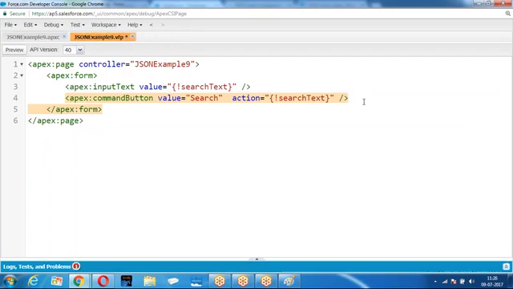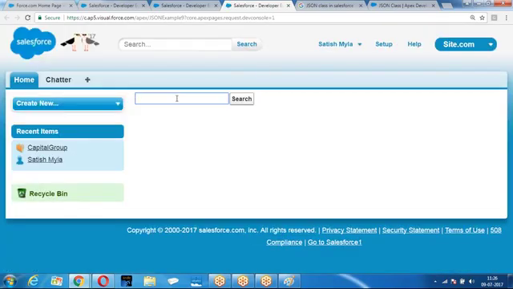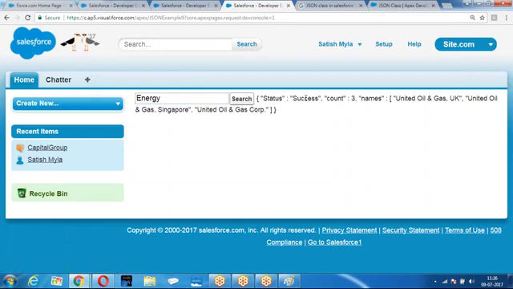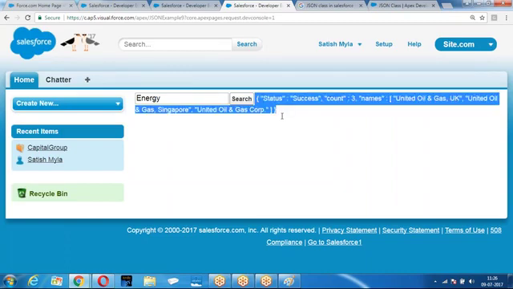Then what is the response we are getting? Go for this preview. This is how we got status equal to success, count equal to 3, names are United Oil Gas Corporation, and so on. This is the response I am getting. So this response I will be sending to a third party system as per the requirement.